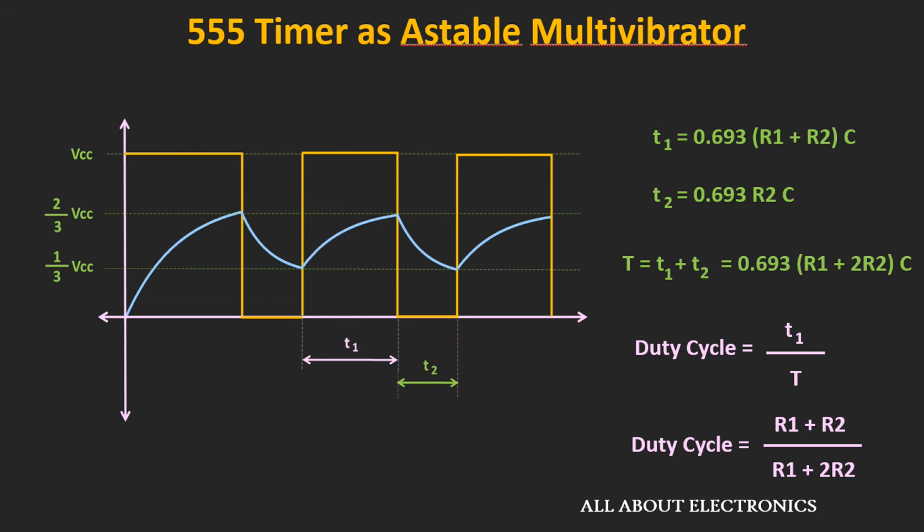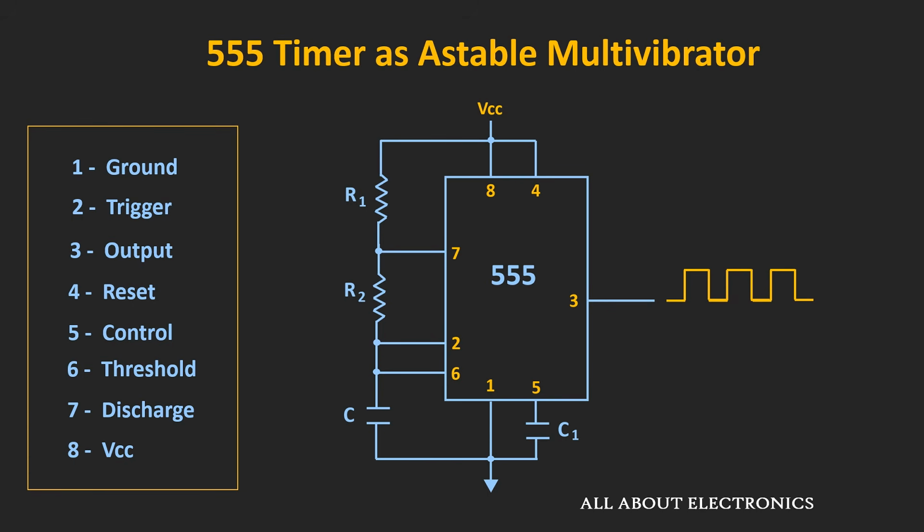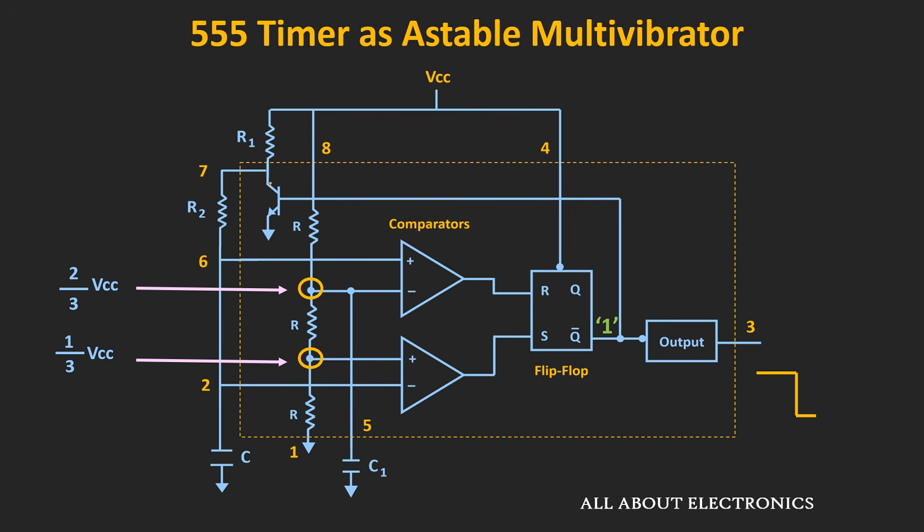And to get a 50% duty cycle, the value of R1 should be equal to 0. So in this particular circuit, whenever R1 is equal to 0, at that time we can achieve a 50% duty cycle. Now whenever this R1 is equal to 0, the collector of this transistor will get directly exposed to the supply voltage, and whenever this transistor is on, it is possible that it will draw more current, and because of that this internal transistor may get damaged.